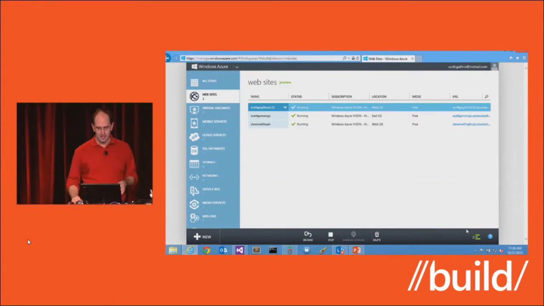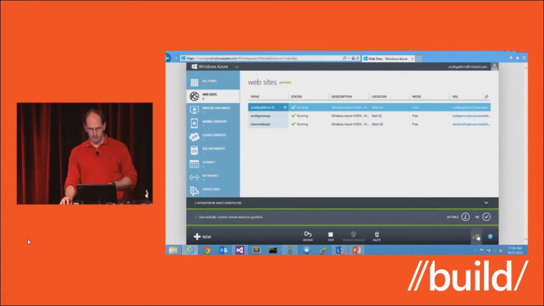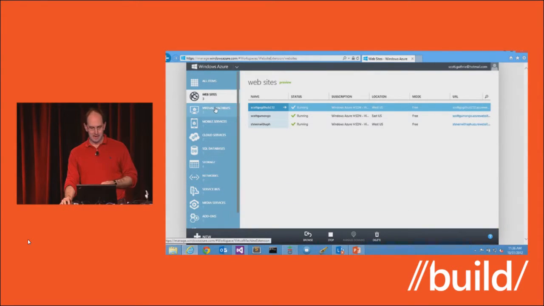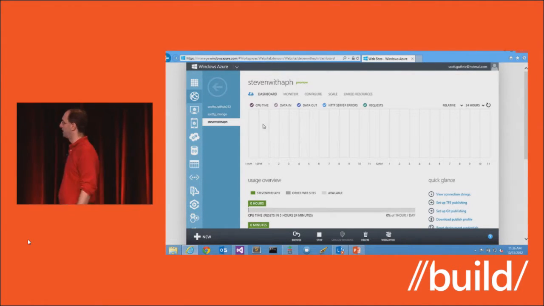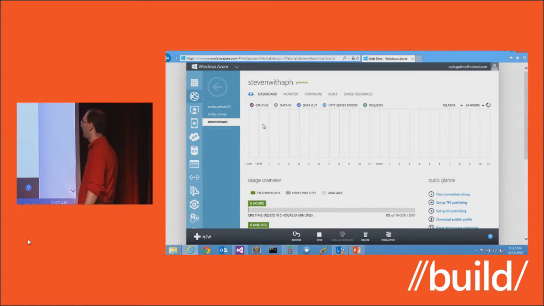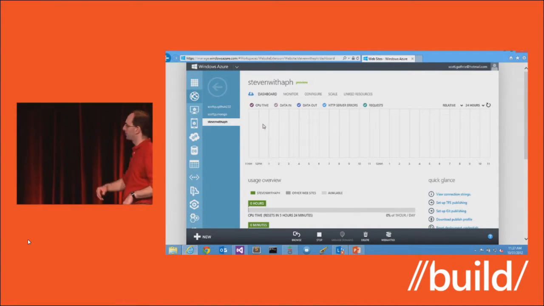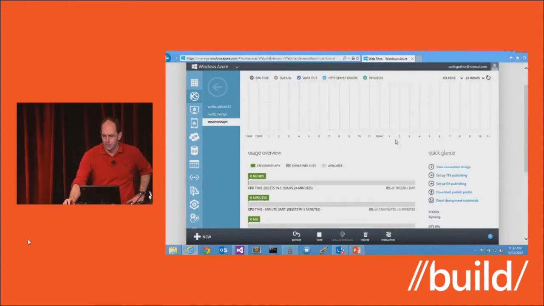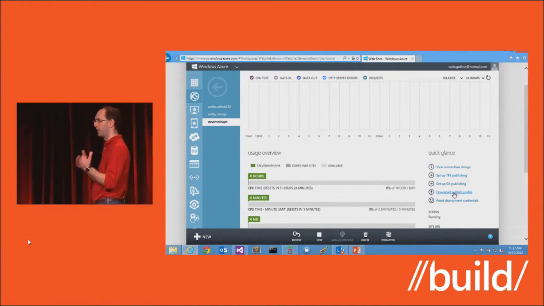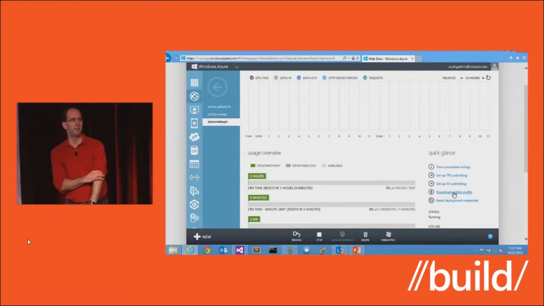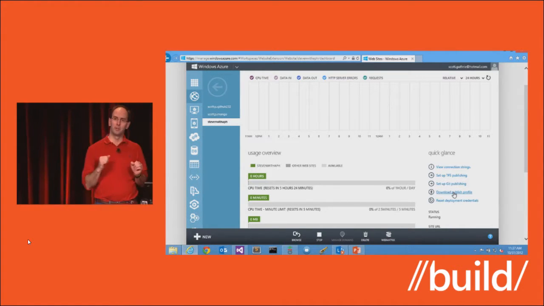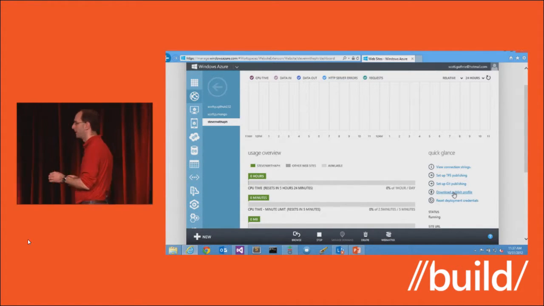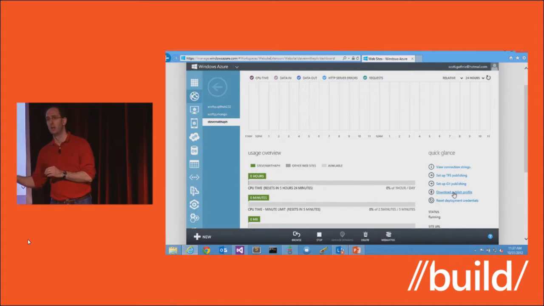One of the things we've done is really try to optimize the perf creation of it. So this is actually created now. I can drill in, and I can actually see the website. Again, you get a kind of consistent UI for what it looks like on the dashboard view. And what Scott Hanselman showed earlier today was how you could go ahead and download a publishing profile. And then just directly within Visual Studio, you can import it, right-click, and deploy any ASP.NET app into it in a matter of seconds. And the cool thing about that deployment, and he showed it a little bit this morning, is it works with both websites, or both web content as well as databases. And so you can automate both.